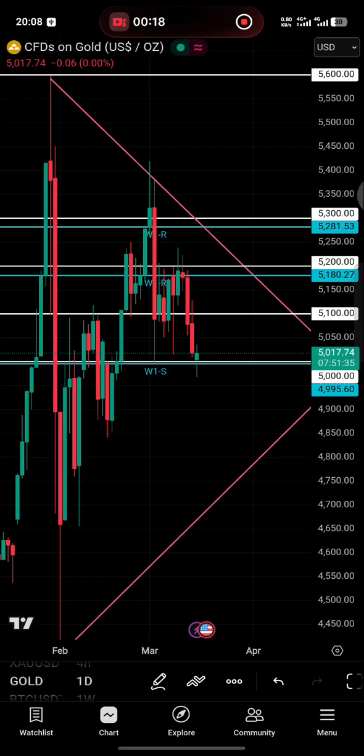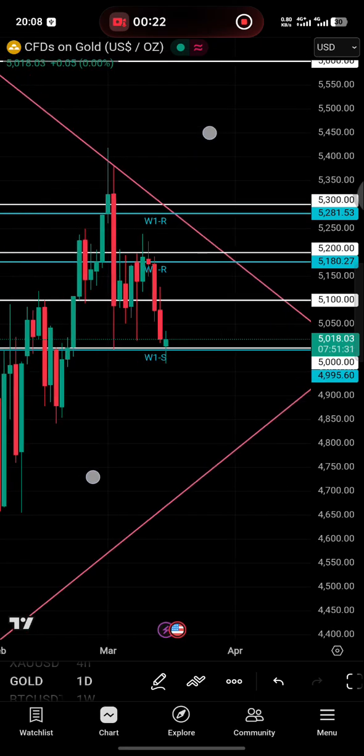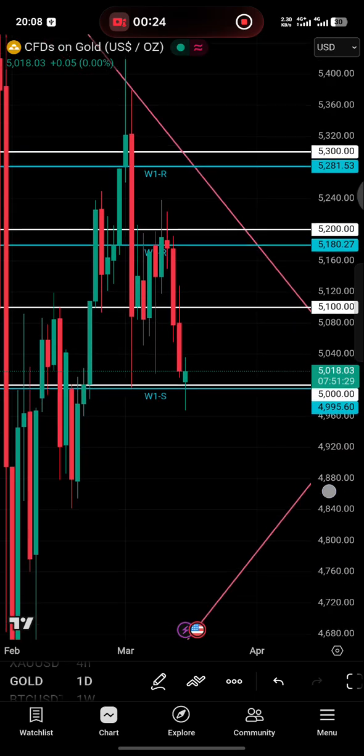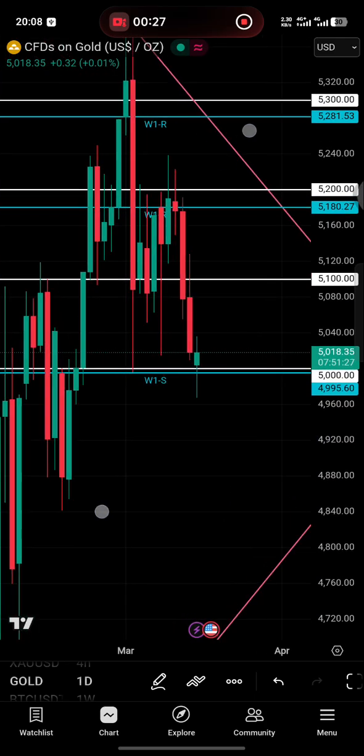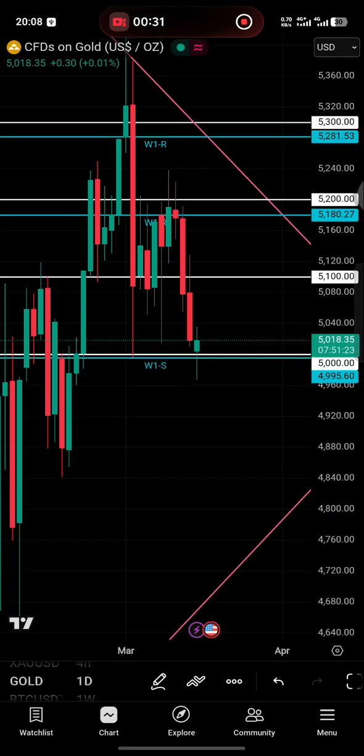Today I'm going to be starting on the daily time frame. As we can see on the daily time frame, the price right now has created both a bottom and a top wick, which means right now we are not going to be entering a trade, right? We are not looking to enter a trade from this position. Because why? Since this candle has produced both sides of the wick,